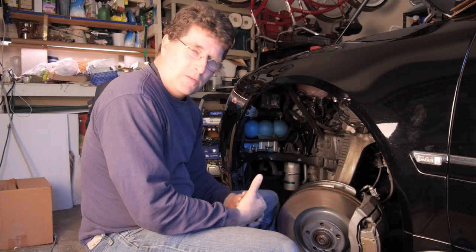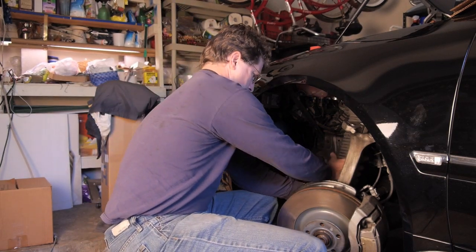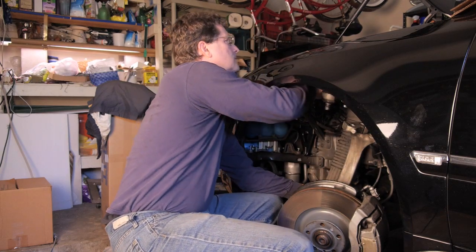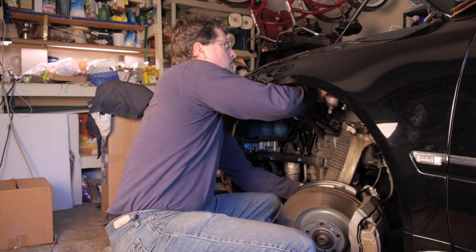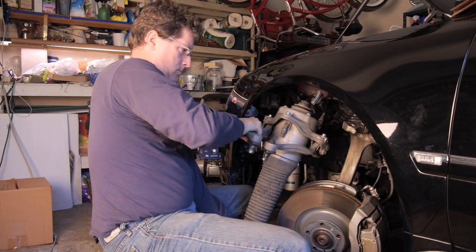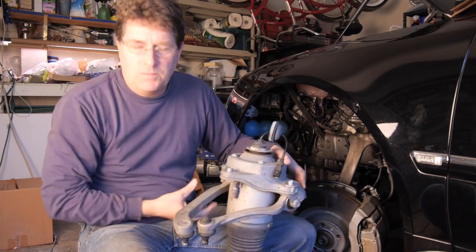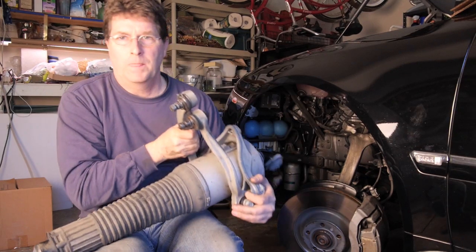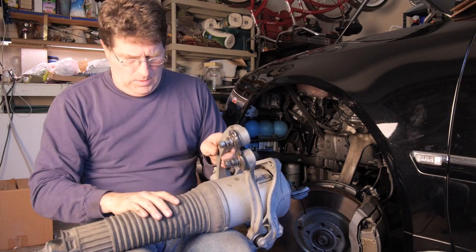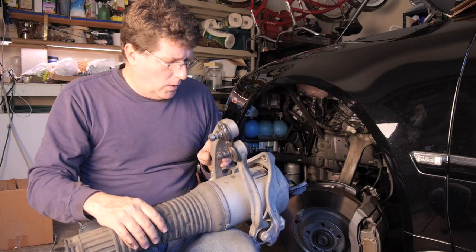Alright, all the connections have been removed, the air hose has been disconnected. Now let's remove the air spring from the car. And out comes the old unit, so we can see it. Now we've got a brand new one of these, or a rebuilt one, which will go in its place, but